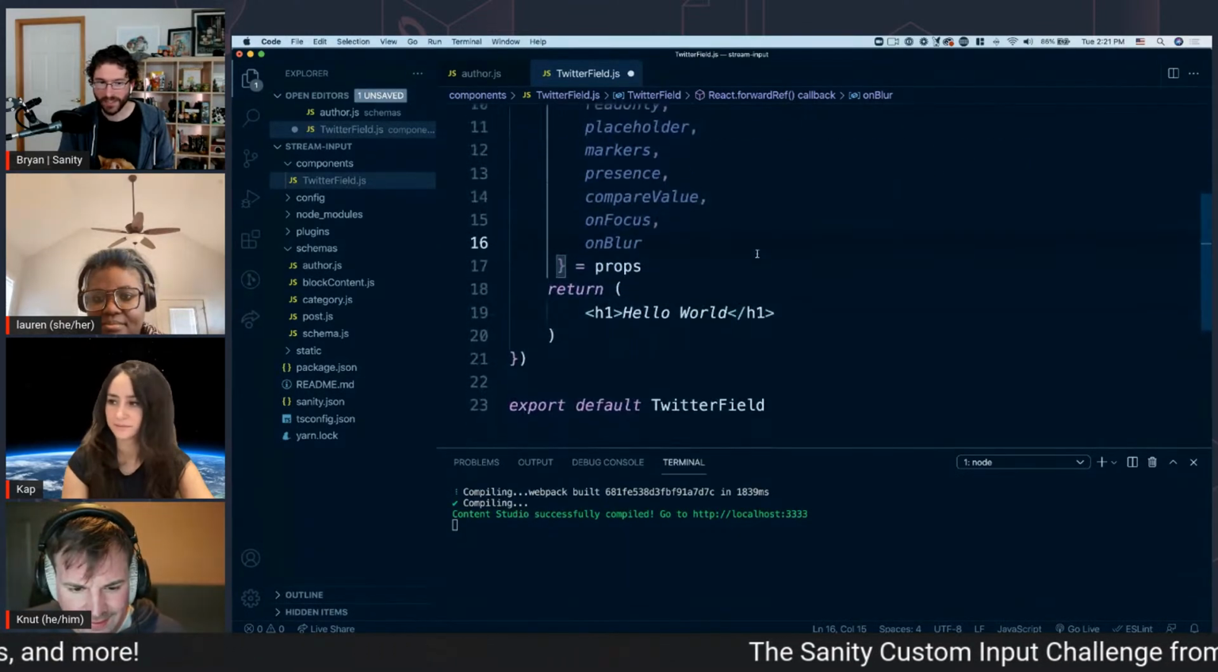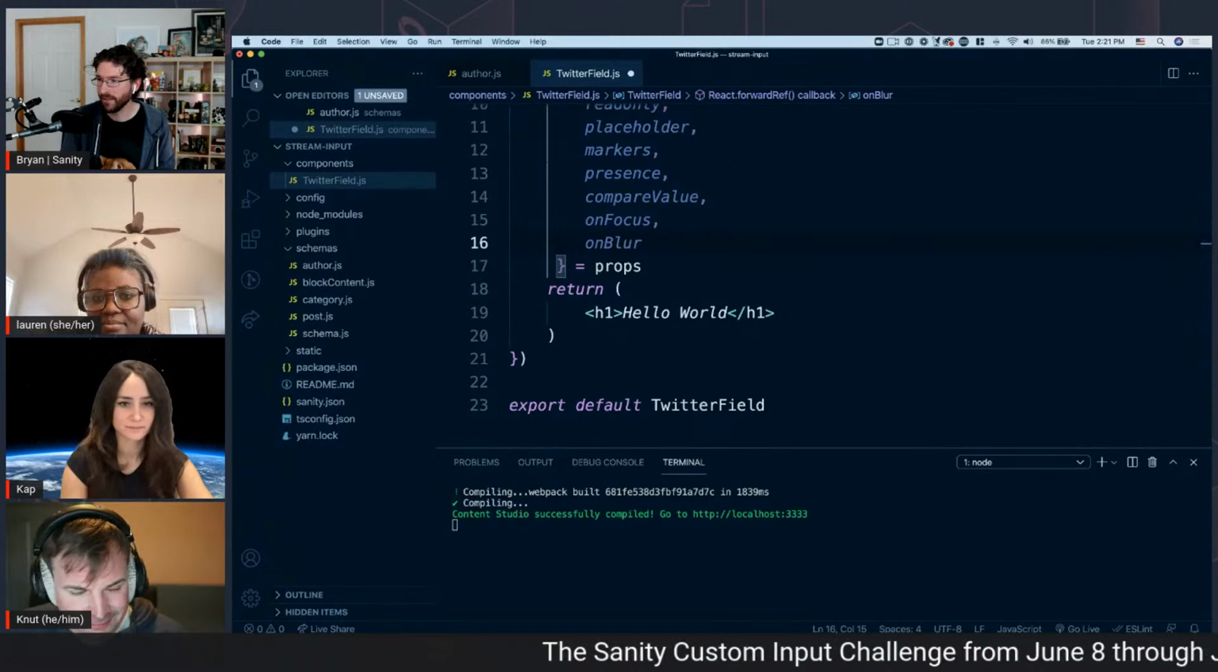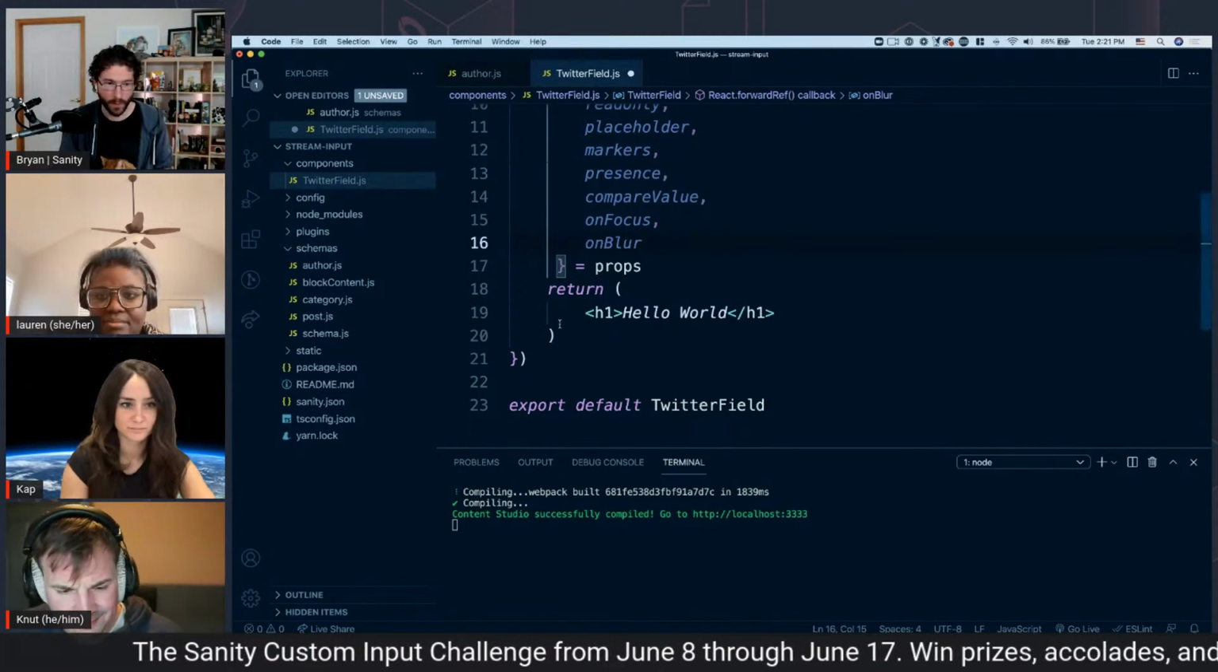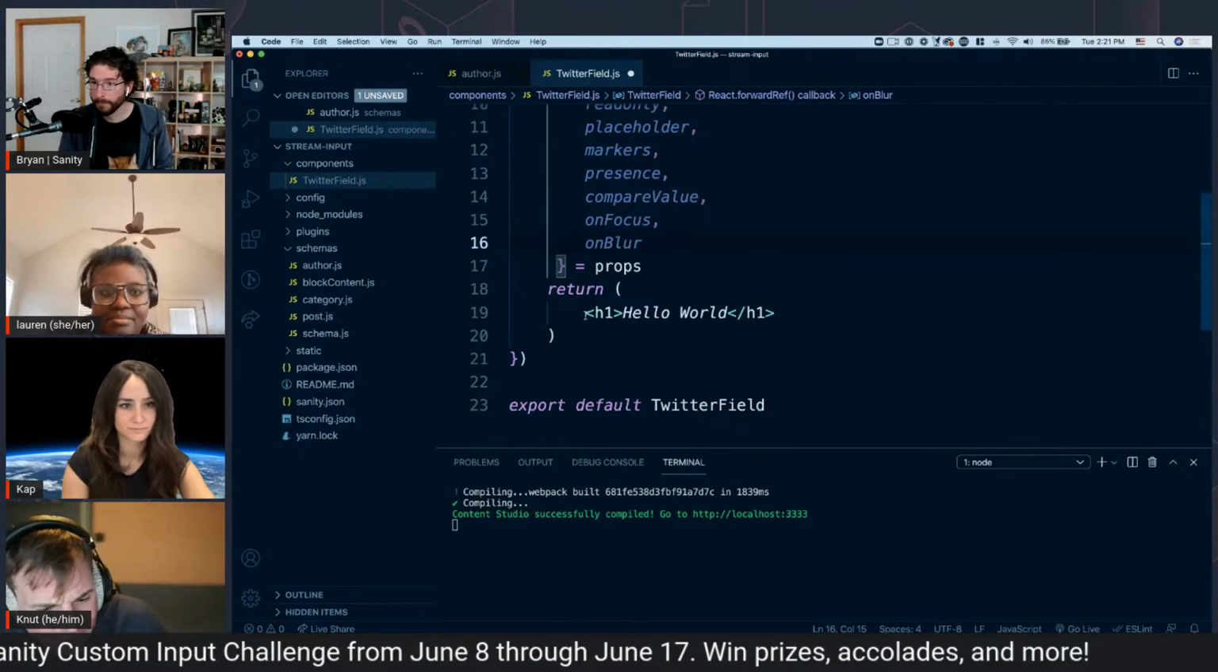But again, this doesn't actually do anything until we pass it into our component that we export at the bottom, that we return at the bottom. It's almost like